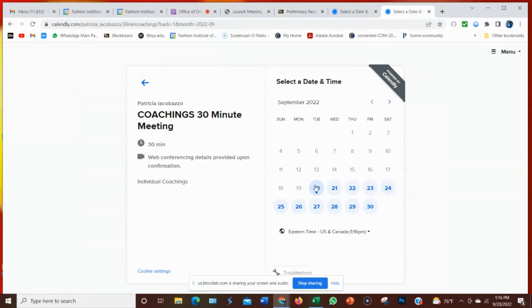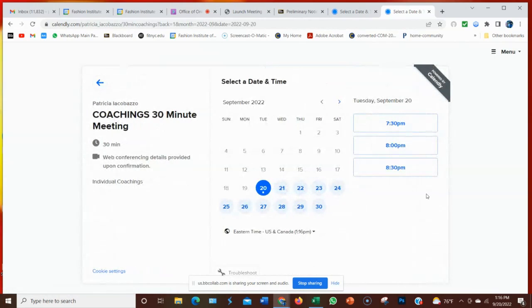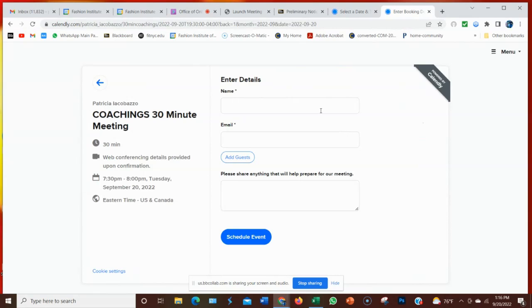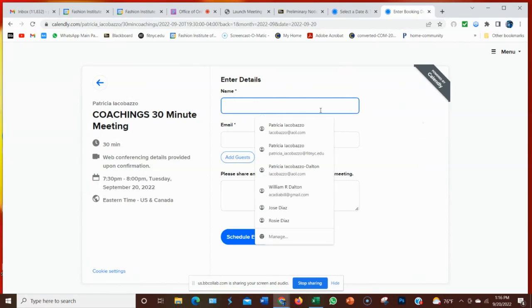And let's say I want to see Patricia. There we go. Once Patricia clicks on a day, you can see that those slots can now be selected. I also ask them, when they type in their name, to type in whether they are OL1 or OL2, so that I can have that up and ready for them and know which